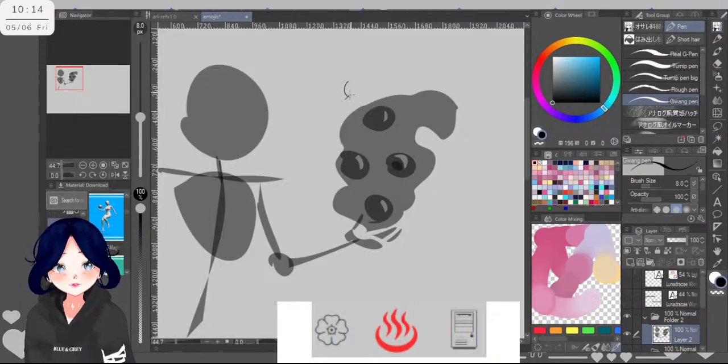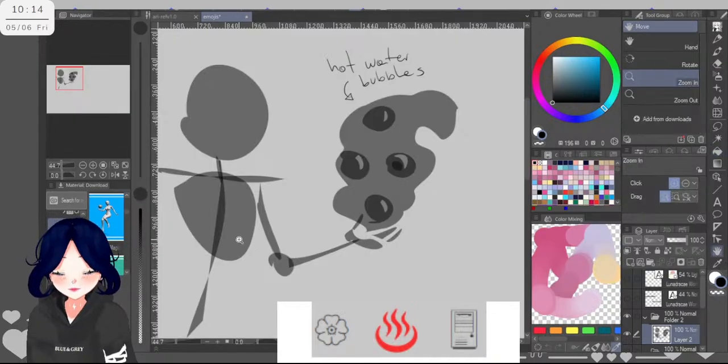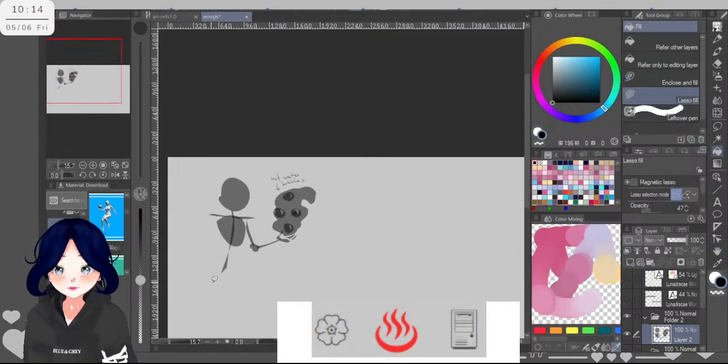Oh, what is that? Hot water bubbles. And here, so maybe a superhero, kind of like My Hero Academia style. So let's go with that.